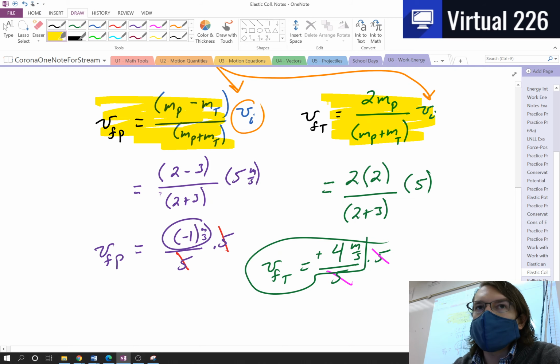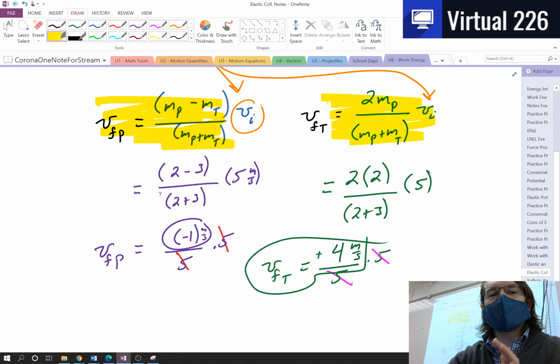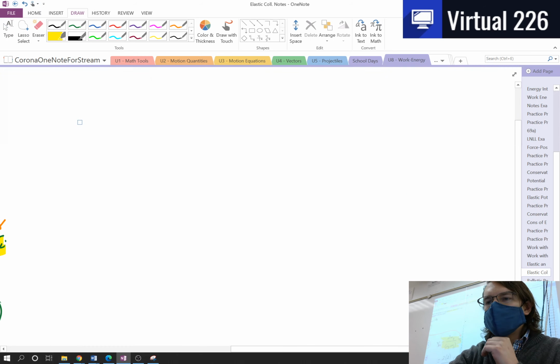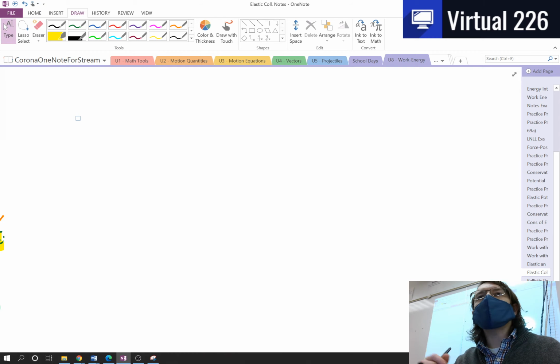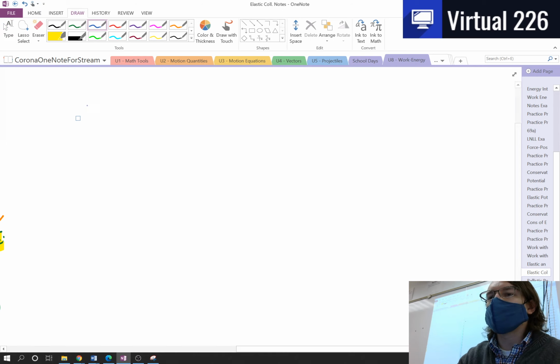Now this is where we start taking the deep dive. If you want to, you can actually conserve momentum and energy and mathematically get these answers back. There's a lot of math and algebra, and we're going to get these same answers, but here's how we would do it. And this is what you would have to do if that green ball wasn't stationary and we didn't have these equations. The first thing we'd have to do is to conserve